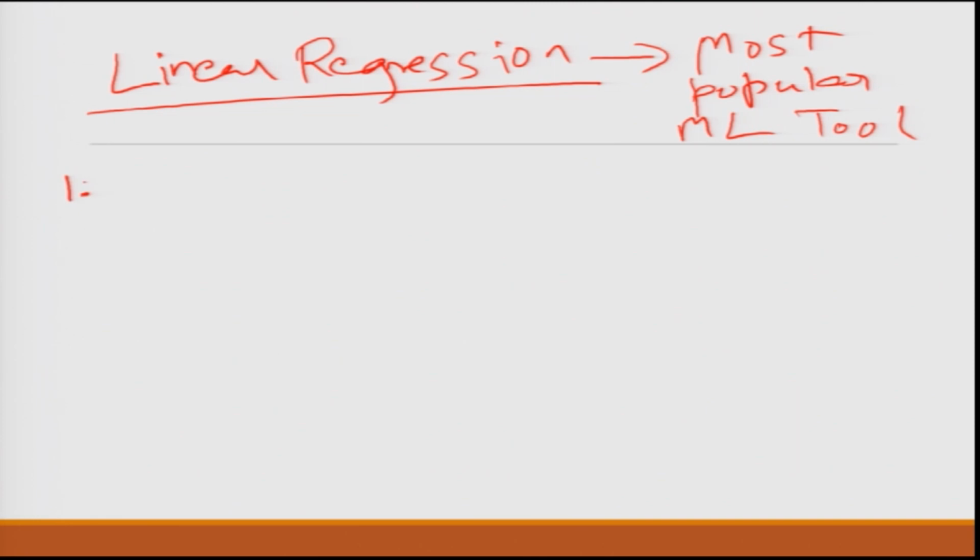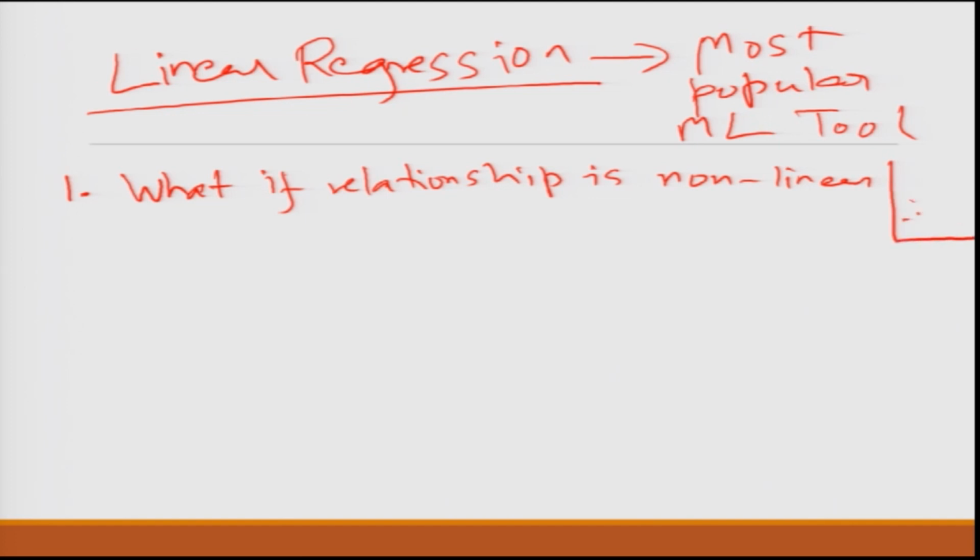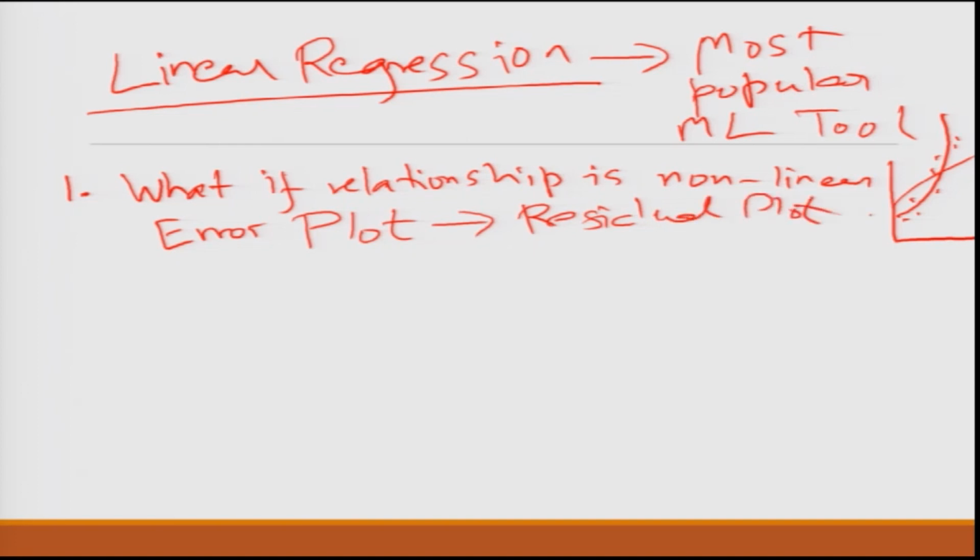The first, what we also hinted in a couple of slides ago, is what if the relationship is non-linear. Now, actually the data is something like this, going like this, it is not linear. What do you do? Well, we had covered this earlier in the course. What you do is you create error plots or residual plots and try to see if the errors are showing any kind of a pattern or not. If there is no pattern, it is okay. If there is a pattern,